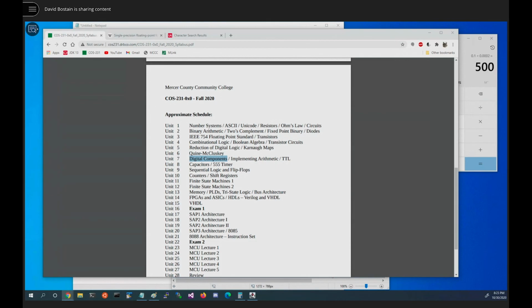But it looks like we talked a little about charging and discharging capacitors. The counters, shift registers, you've got handouts for that. State machines were so recent, as was the FPGA and VHDL stuff. I think that's a pretty good review. Do you feel comfortable that with a little study you'll be ready to make your A on Monday night? I feel more comfortable. Yeah, I think you guys will do pretty well because I'm getting a lot of feedback when you do answer that shows you know what's going on.